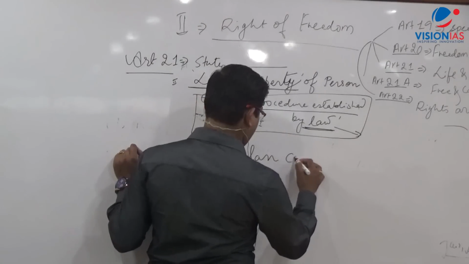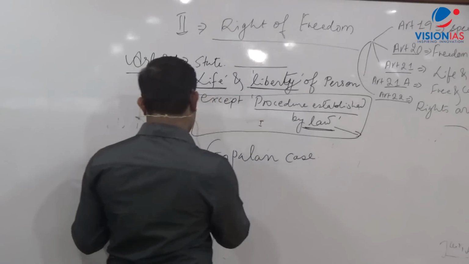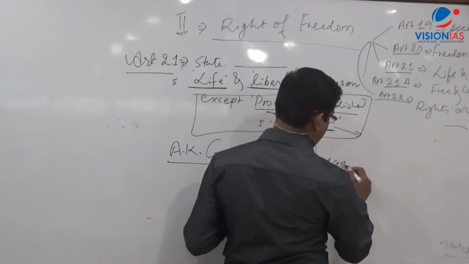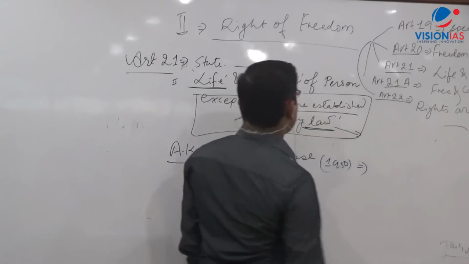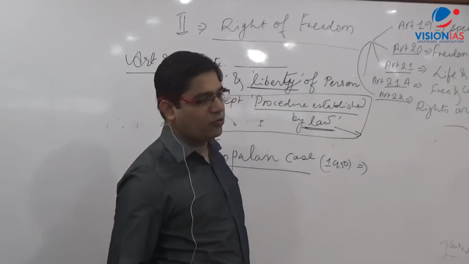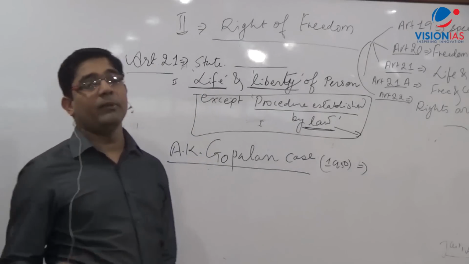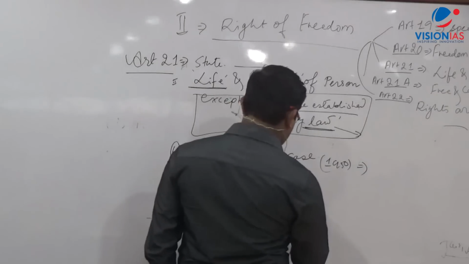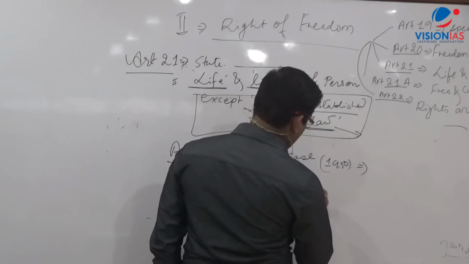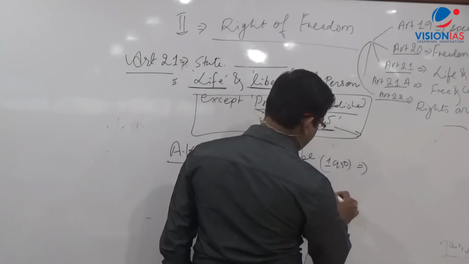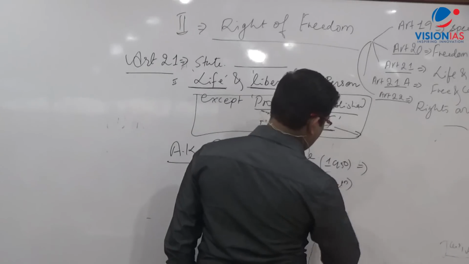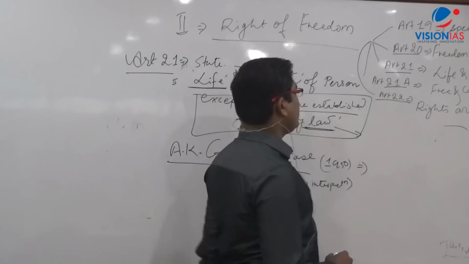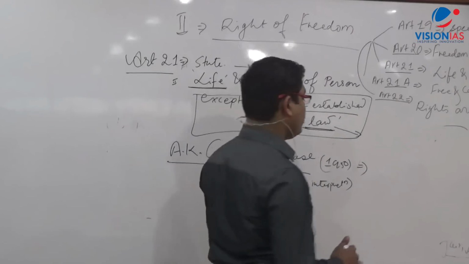Gopalan case. A.K. Gopalan case, 1950. Now here what they have said, this procedure established by law is something like in Britain. That is a narrow interpretation. So in bracket, you can just, for your remembering, write narrow interpretation. There was a narrow interpretation, and they say that, yes, that is a procedure established by law is merely the,